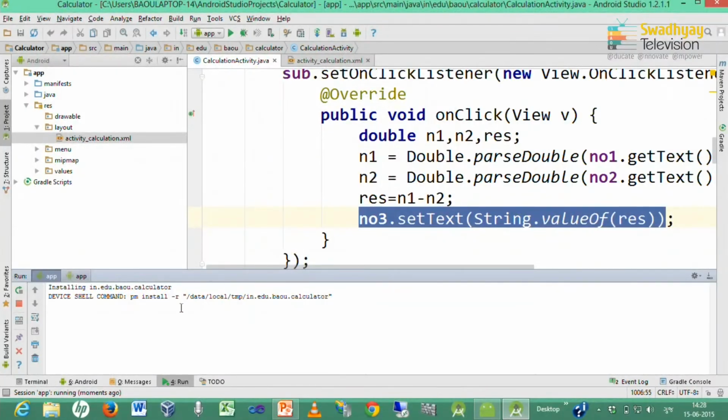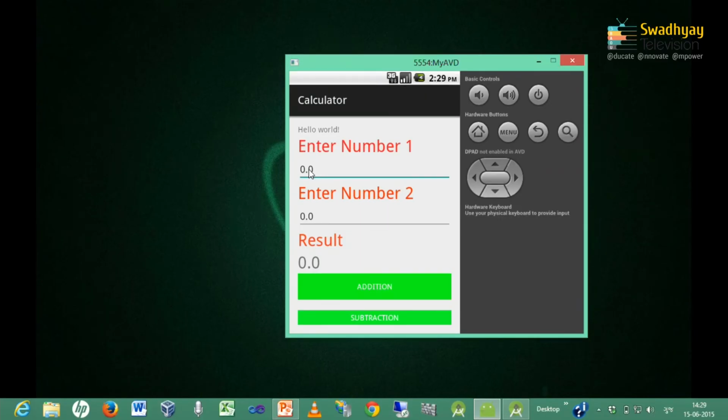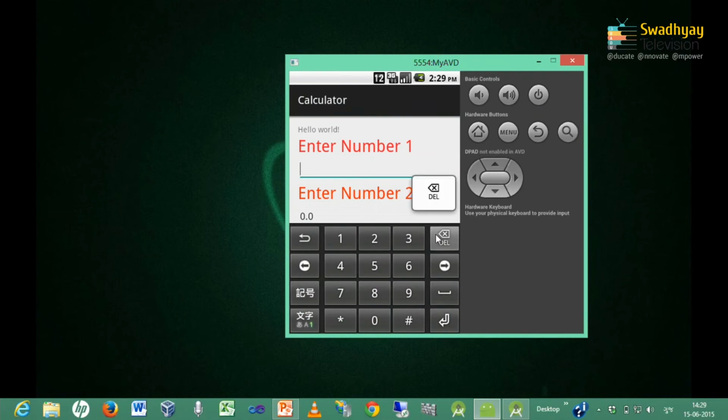It takes some time to launch these applications. So, here you can see that this is an updated version.